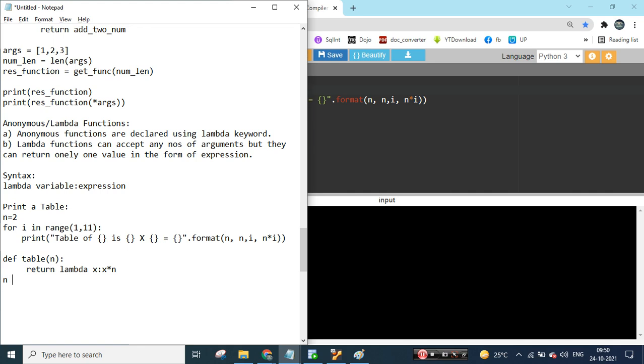Okay, let's take an input. So let's say integer, and we will use an input function, and let's enter the number, please. Enter the table number which you want to print. Okay, we are taking that input from a user, and then what we are trying to do,